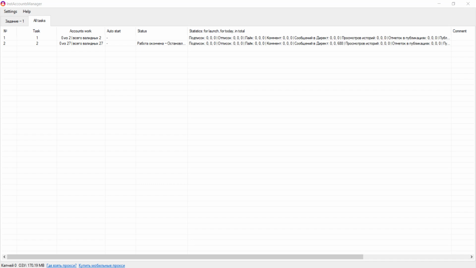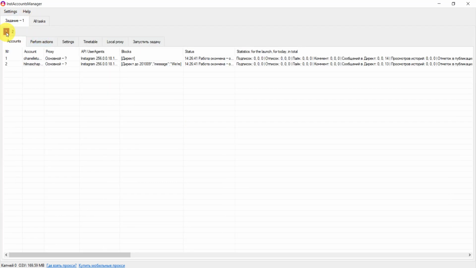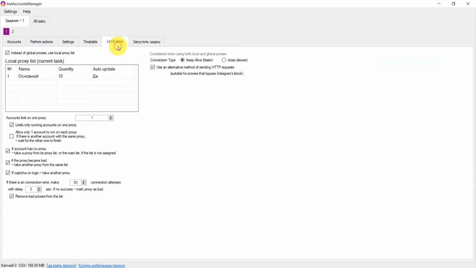This is an overview of the local proxy tab in the InstAccountsManager. You need to click the task you want to choose for setting a local proxy, then choose local proxy, and here we have it. Then you obligatorily need to click